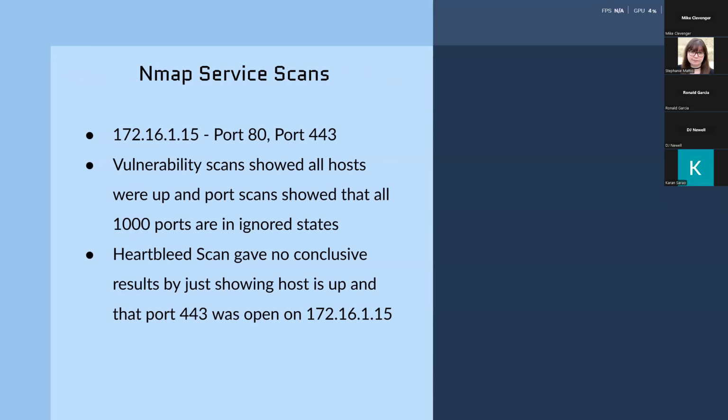I paid special attention to port 80, which is HTTP, and 443, HTTPS, as these are typical indicators of a web-based interface or service running on a machine. Out of all of the hosts, only 172.16.1.15 had both port 80 and 443 open. This indicated the presence of an HTTP and HTTPS service, possibly a web server, administrative interface, or another web-based application.